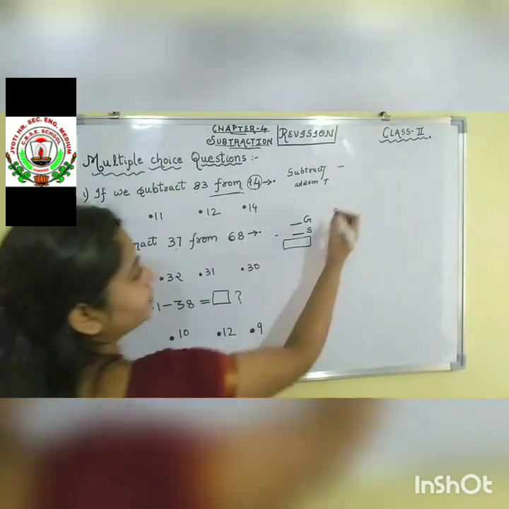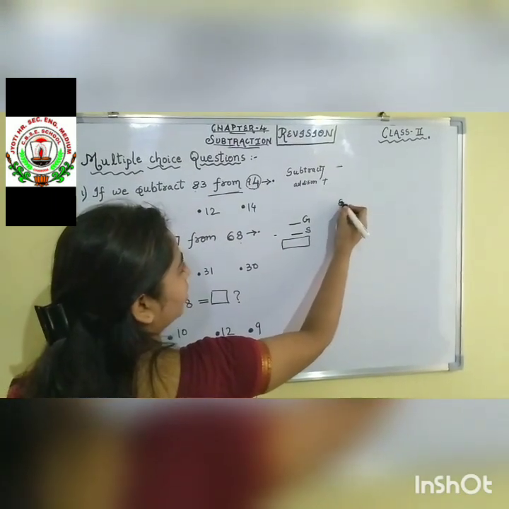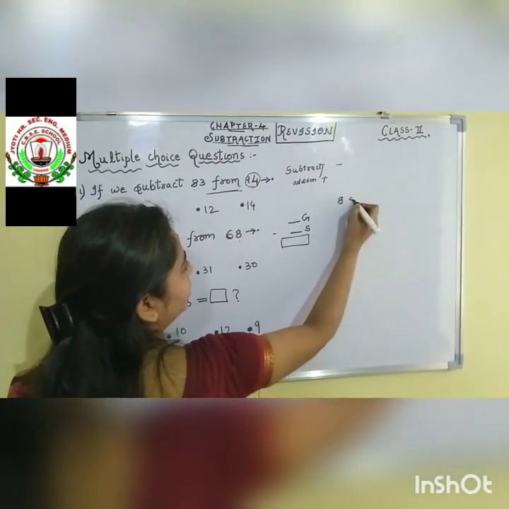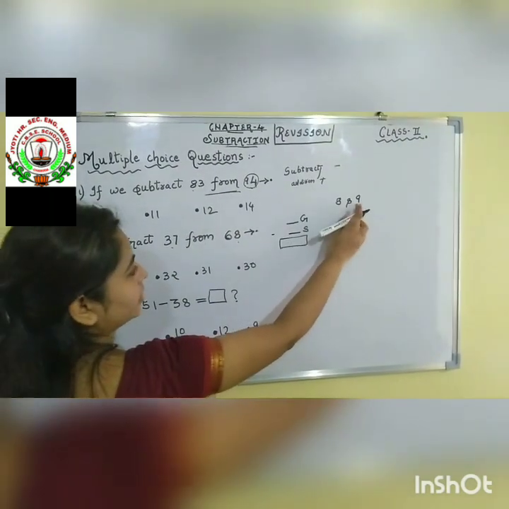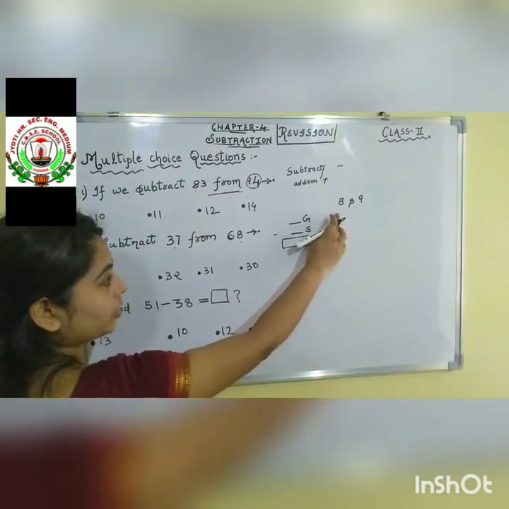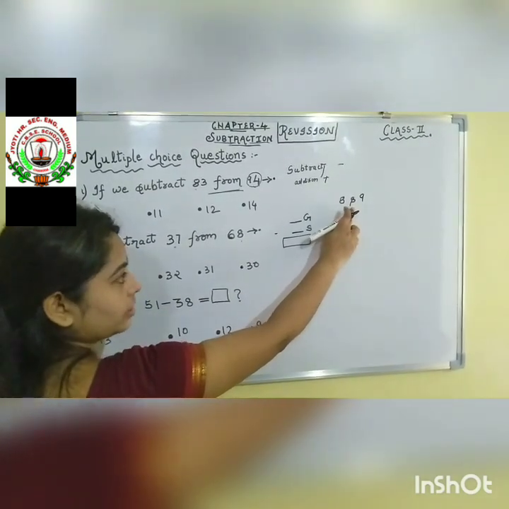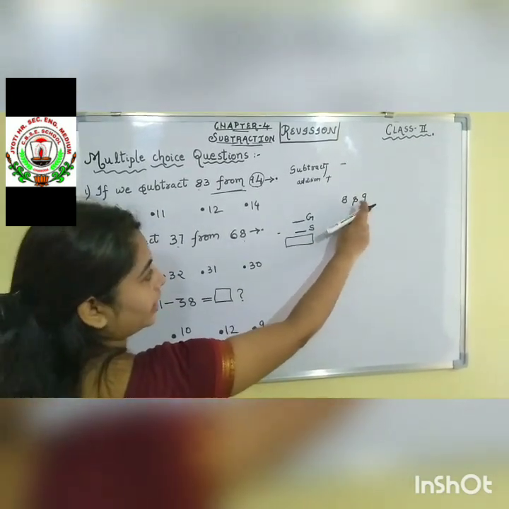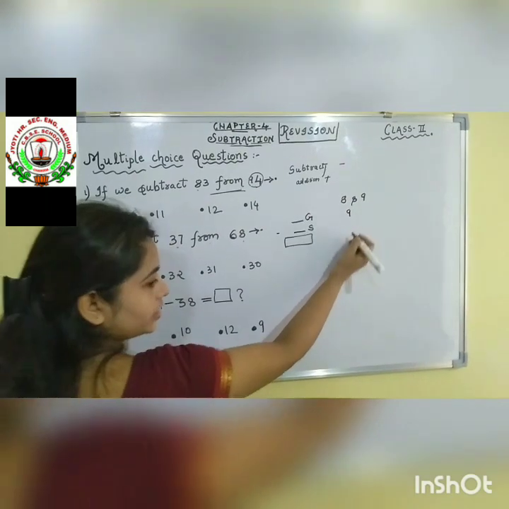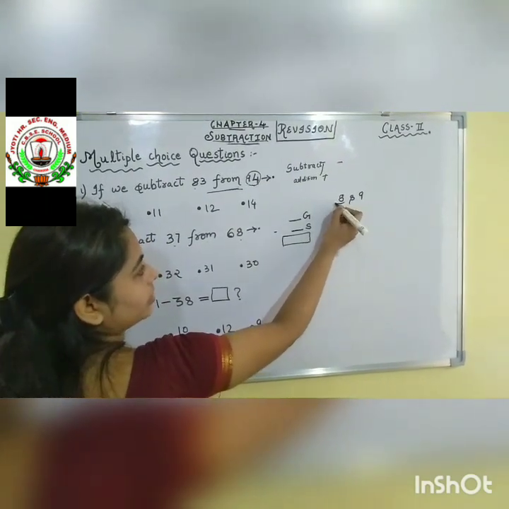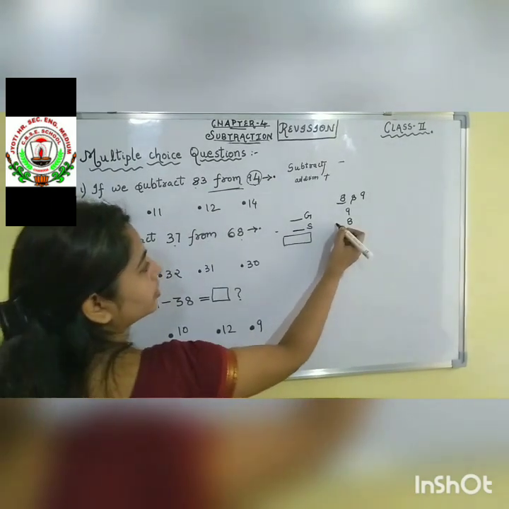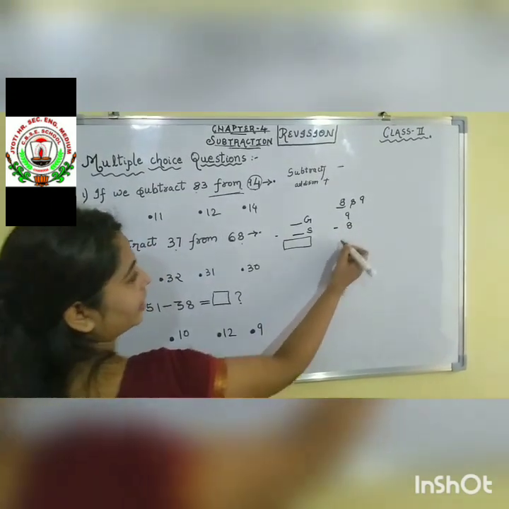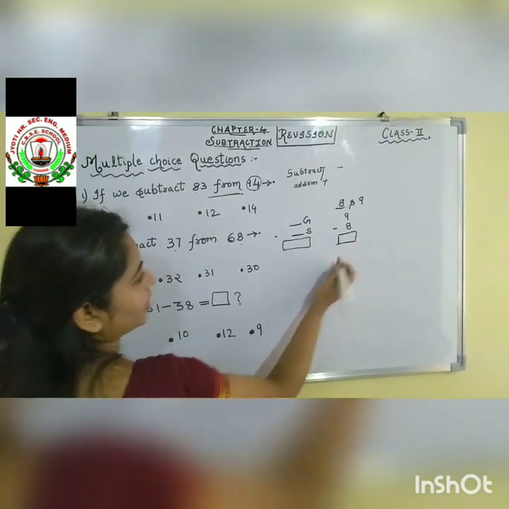For example, I ask you to subtract 8 and 9. Children, you have to first compare the numbers, which one is the smallest or which one is the greatest. Which one is the greatest number? 9. So 9 you will write down first. Then the next number left is 8. 8 you will write down below 9. Put the symbol of subtraction like this and do the subtraction.